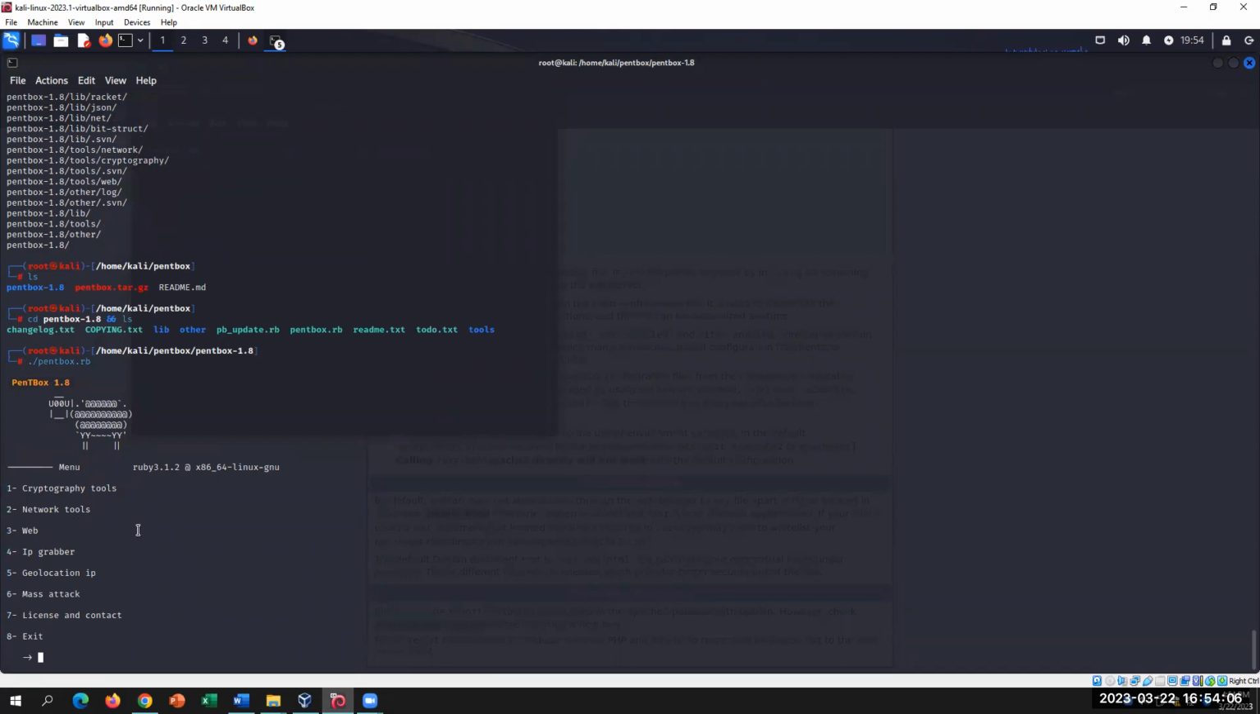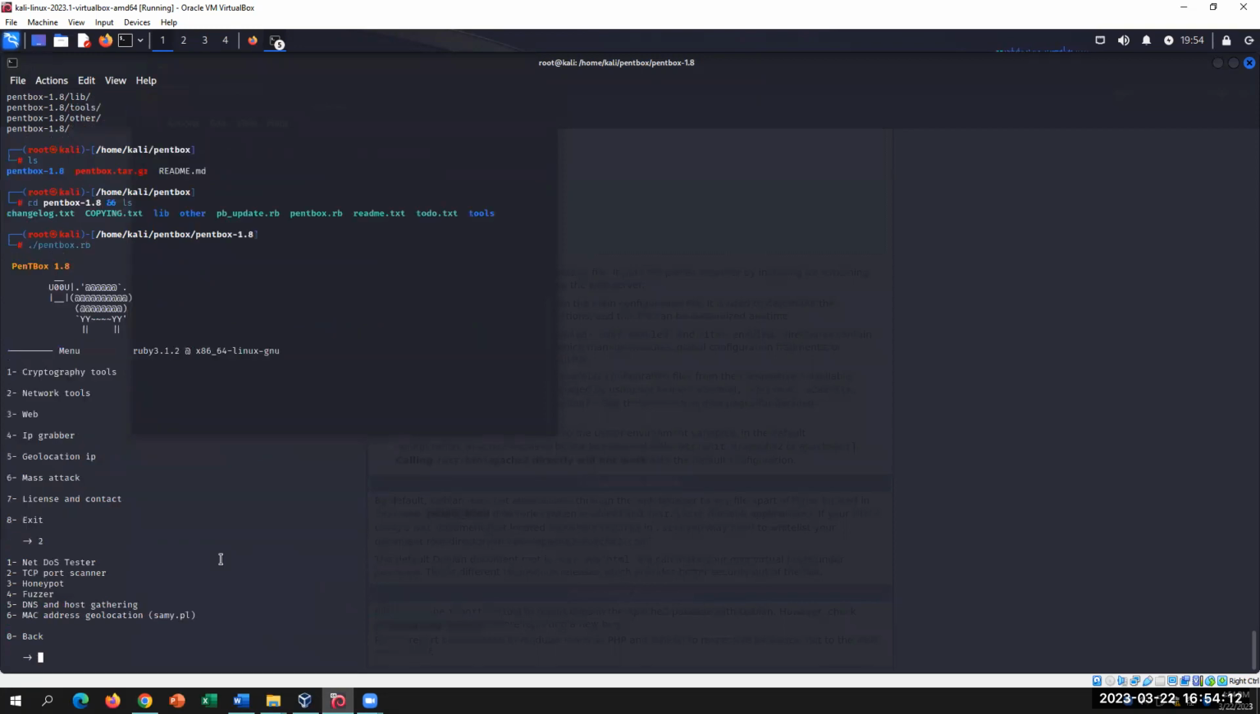And then it's going to look like this. All you have to do is select option 2 by pressing 2 and then press enter for network tools. Is the attached page supposed to pop back up when you put it in the browser? Yeah, because it's just telling you that, oh, I'm the server, I'm here. Look at me. Yeah. And then, so after you got into Pentbox 1.8, you're going to select network tools, and